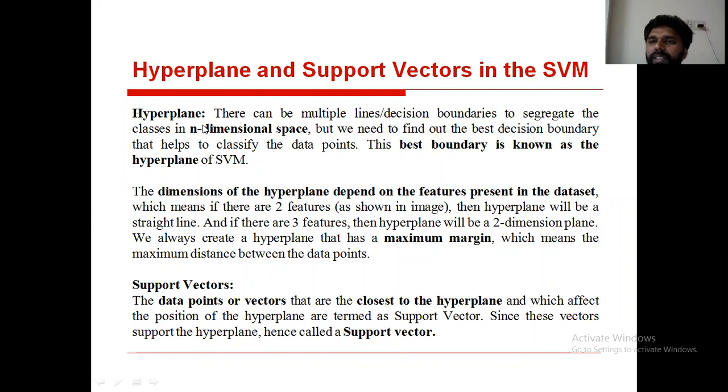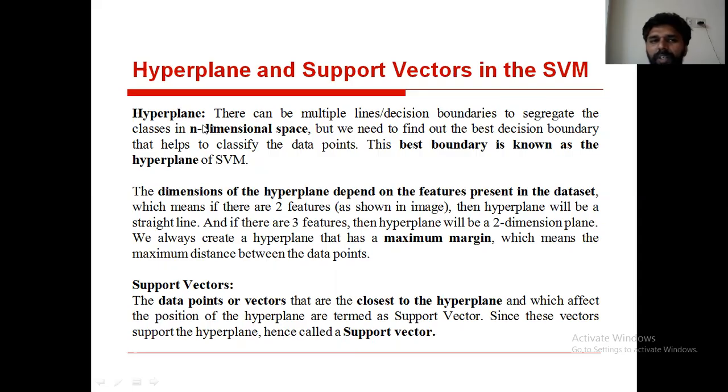Where do classes exist, what do classes contain? Classes contain instances which are on the instance space. Here, the instance space is divided into n number of dimensional spaces. See, why are these divisions required? To identify the classes effectively from the instances which are on the instance space. We are using these hyperplanes, right?